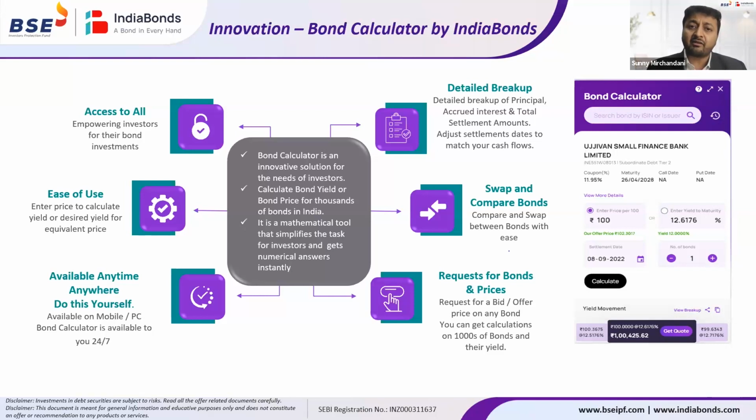So at the back end, we have created a whole engine, the whole cash flow, which will take into consideration every aspect of a bond. That is a maturity, a call option, if there is a call date, if there is a holiday, if there is an interest payment, if there is a principal repayment, whether it is part, whether it is full. So we have given the functionality to our customers to empower them to use this calculator, and it is free of cost. And it is one of its kind in the whole of India.